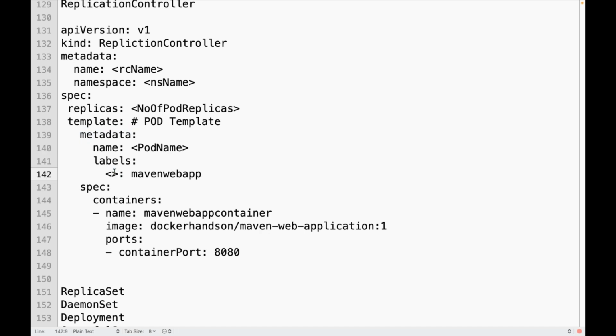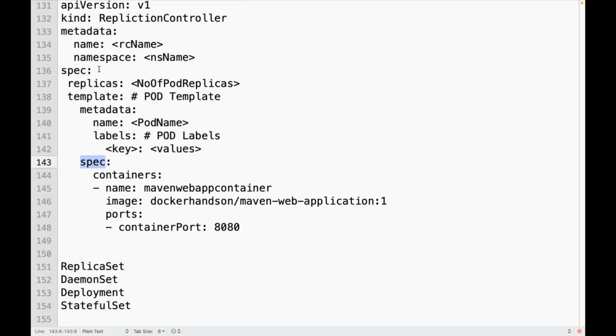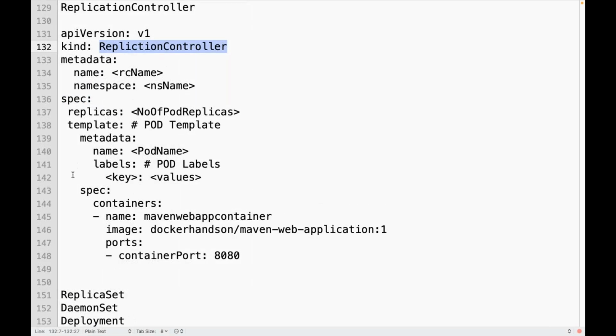These labels are basically pod labels. Now here I have a specification, and here also I have a specification. This specification is your replication controller specification. This specification is under the pod template, so this is your pod specification.